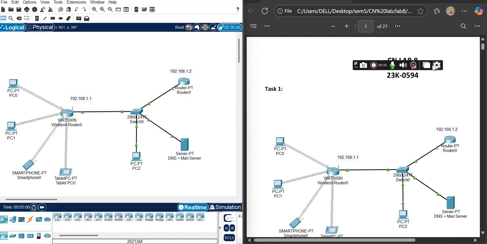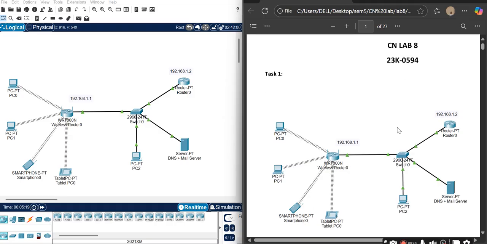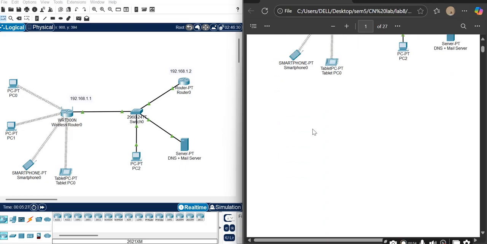Here I've maintained a document as well. My topology has already been set up, and I'll just be running you guys through this. Okay, so first I set up the topology. Then the first thing I did